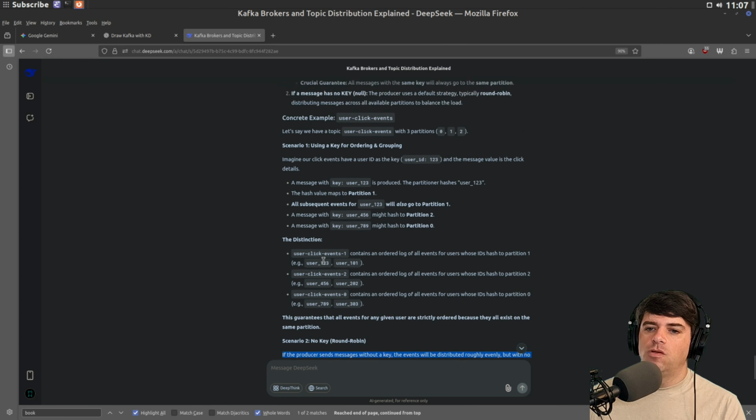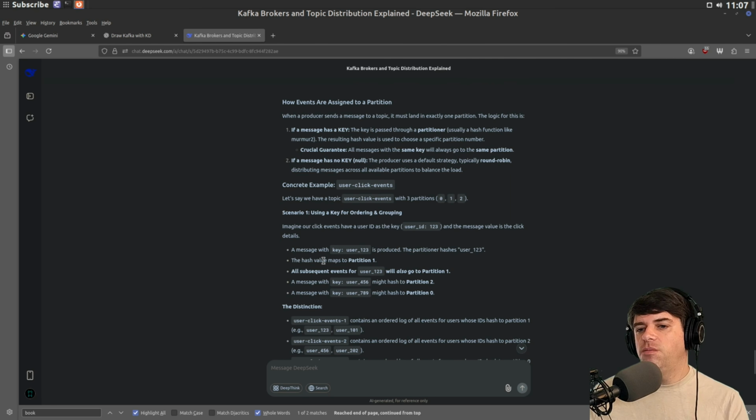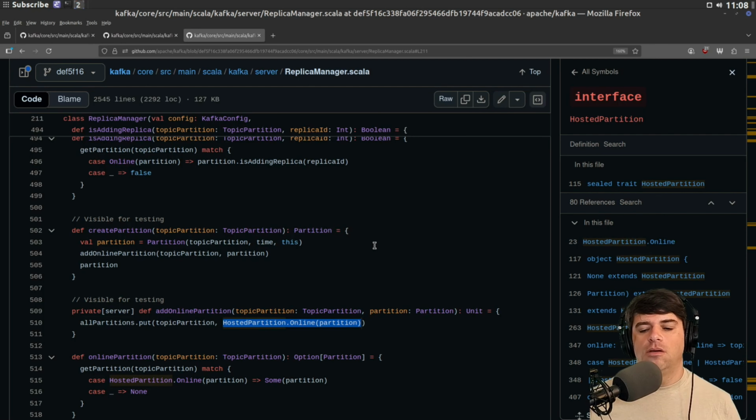Okay, so at least if you believe DeepSeek, I'm not sure how much I believe it, because I haven't used it much. But it's saying that you have some key, which in this case is user ID, and so all the user's data lives in one partition, or something along those lines.